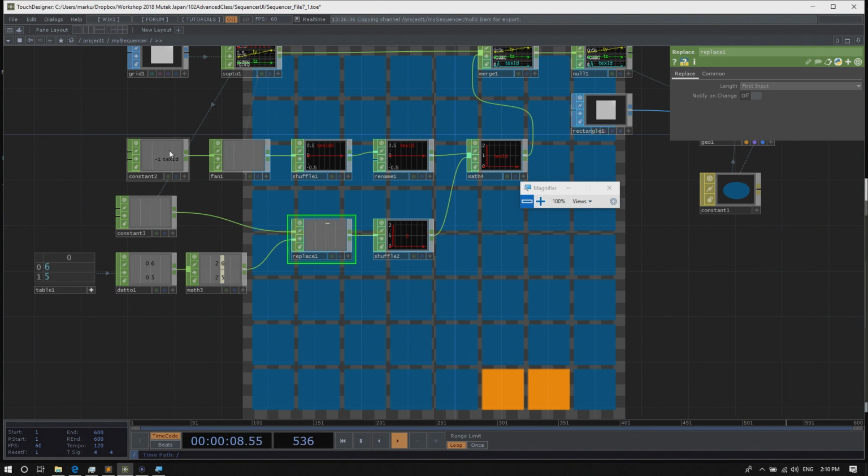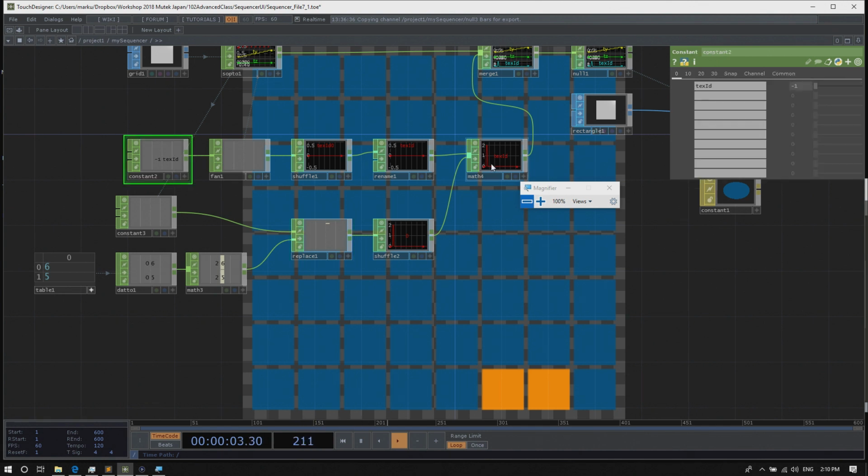And with that, I have basically all my states in two separate operators. I have my rollover.